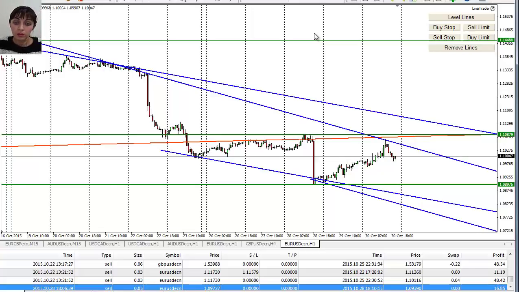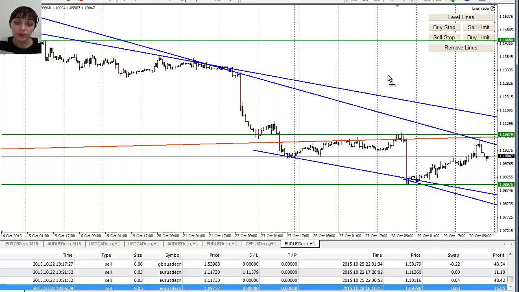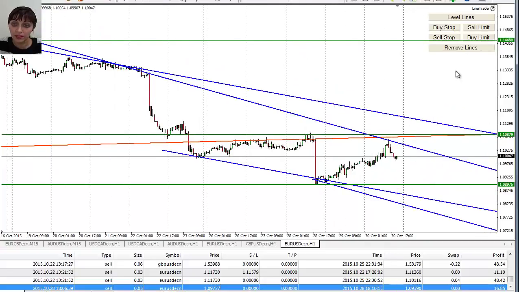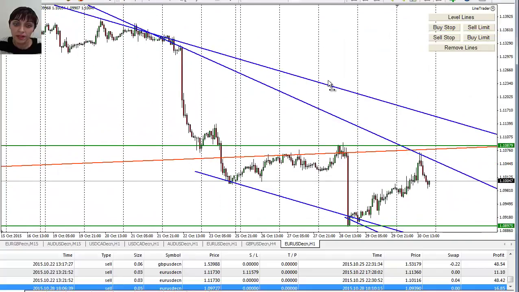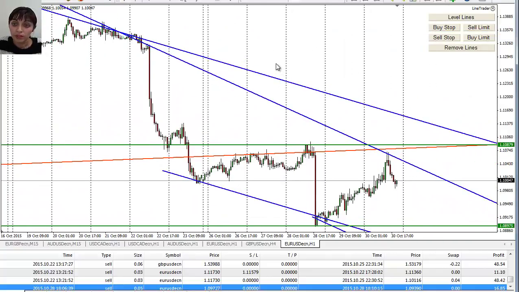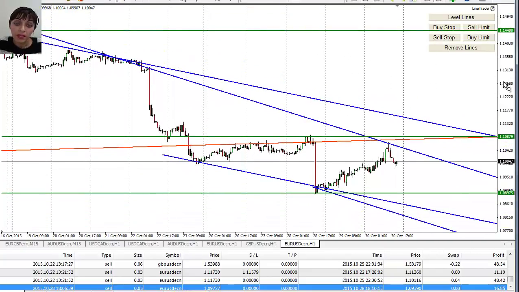Now what I usually do, of course, is look and try to see if I can see any patterns. My favorite patterns are triangles, and obviously right now there are no patterns. There is nothing to look at. The only thing I can see is that mini uptrend, so I can draw this. I know that there is a mini uptrend, maybe started to break already, maybe a little bit lower.